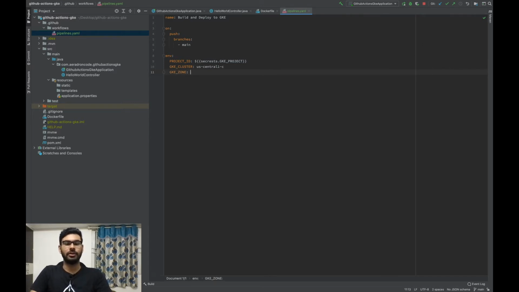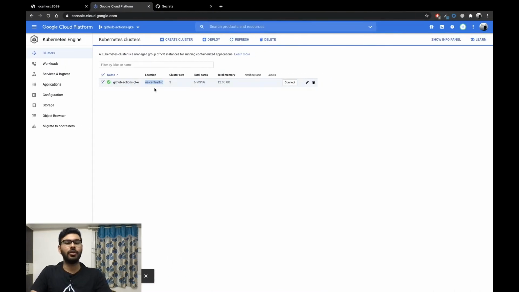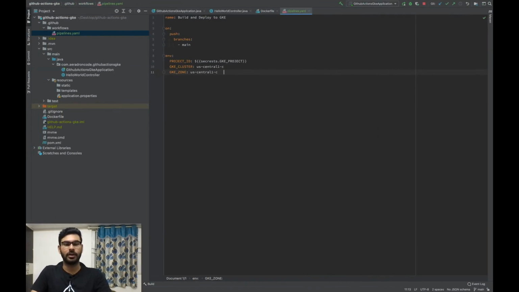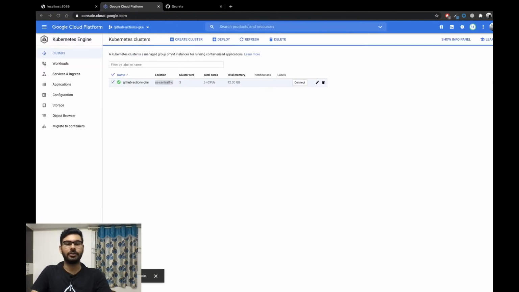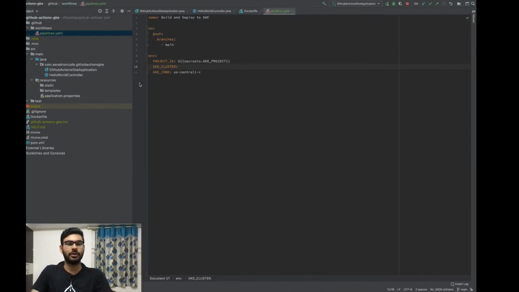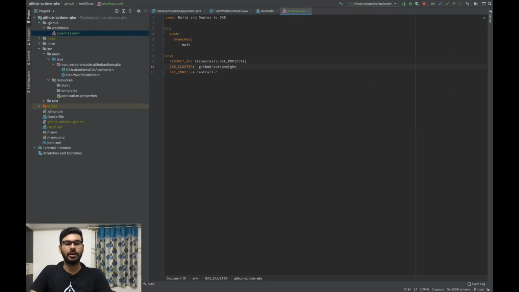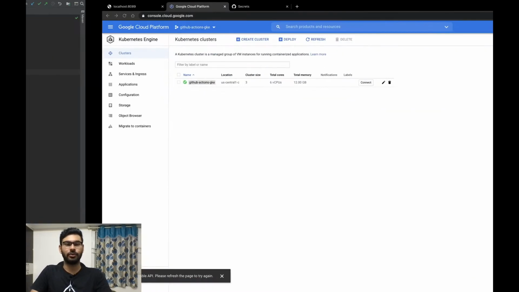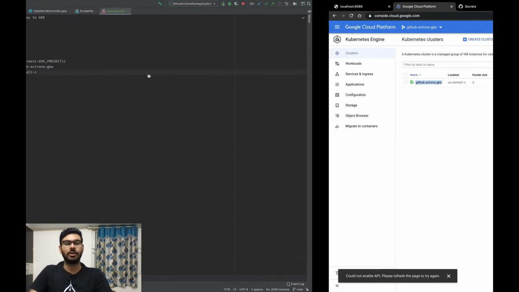So which zone is it hosted? So the location is the zone, and your cluster is the name of the cluster. Sorry for that mistake. So you copy paste this cluster name and put it here. So this is the cluster name, and GKE zone is the zone name, which is the location.